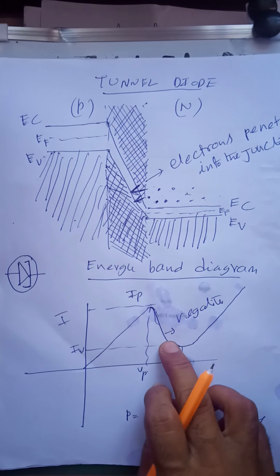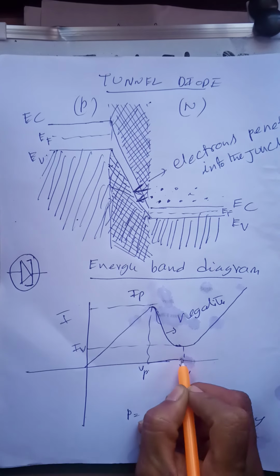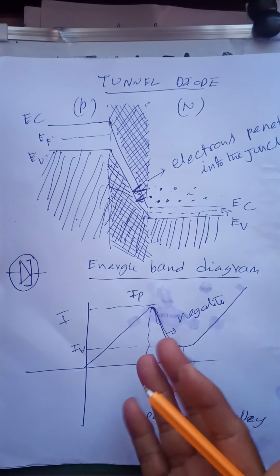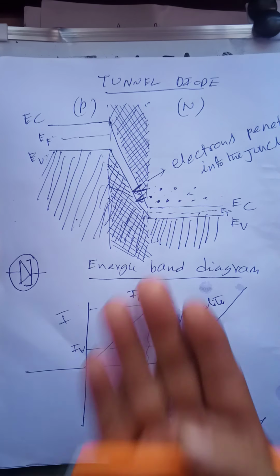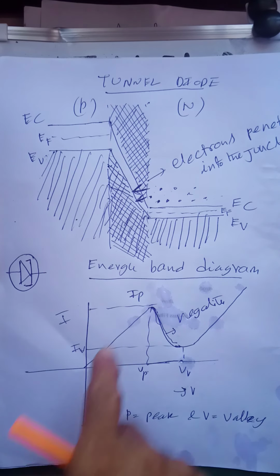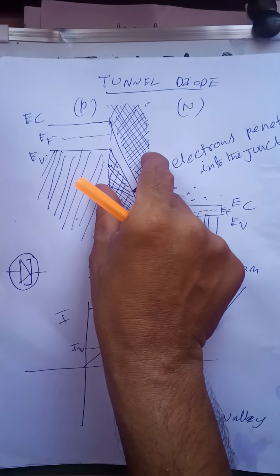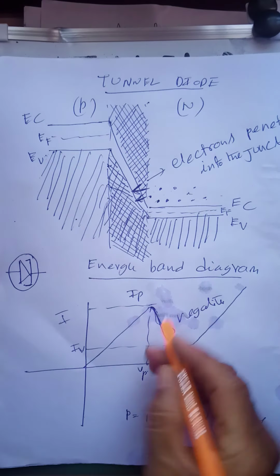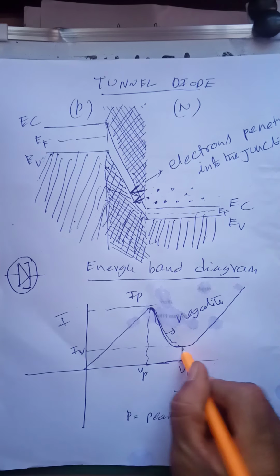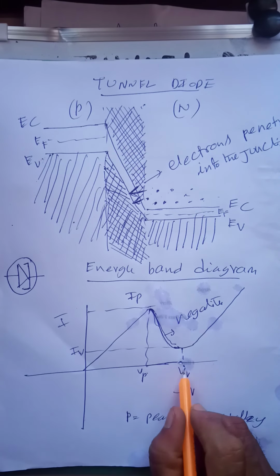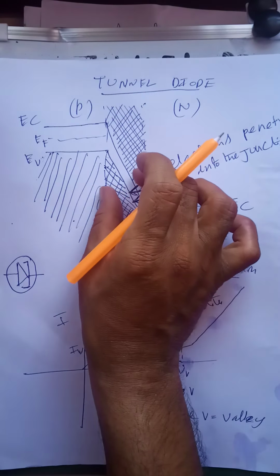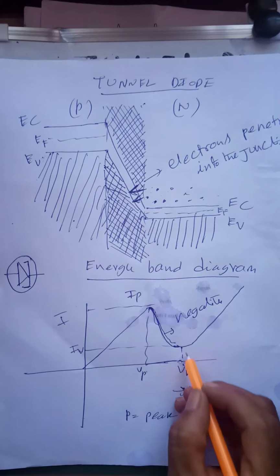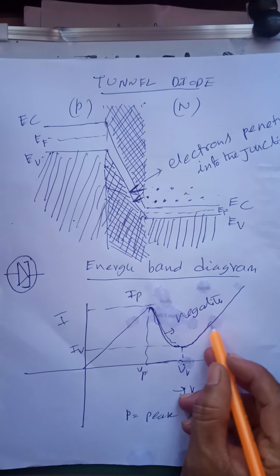What is the meaning of negative resistance? Even when the power supply voltage increases, the current decreases. As per Ohm's law, if the voltage increases, the current should increase, but it is not happening in this case, because of the widening of the depletion width due to neutralization, so the current is reduced to a particular level. This is the valley voltage. Once it reaches the valley voltage, the band becomes almost equal to the ordinary p-n junction diode. From there onwards, even as the voltage increases, the current increases exponentially.